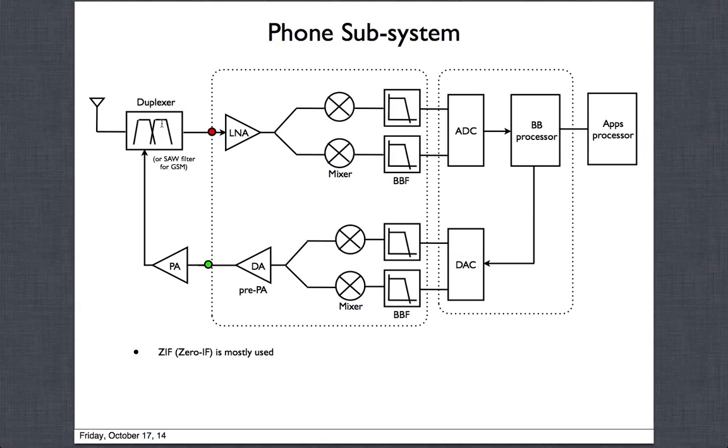Same thing for the RX. What happens for the RX is, when we receive this signal, let's say in this example I'm talking about, first is the TX band and this is the RX band. So when we receive the signal, the RX signal could be very, very weak, as we said, minus 110 dBm. But what about other signals?